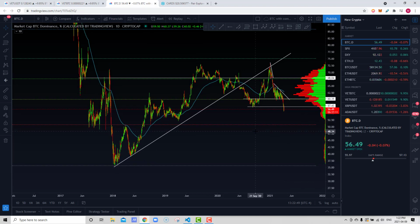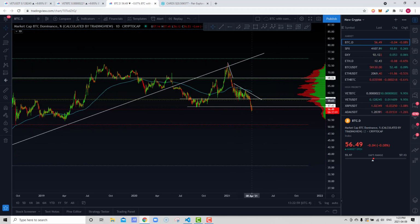For those who don't know, Bitcoin dominance is the total value of Bitcoin in comparison to the total value of all cryptocurrency. Whenever it rises, altcoins typically suffer. Whenever it falls, altcoins typically benefit. And we have fallen below some key important zones, the zones from back in August and July. That's relevant because August, July was the previous altcoin season, and the fact that we've fallen below those key levels